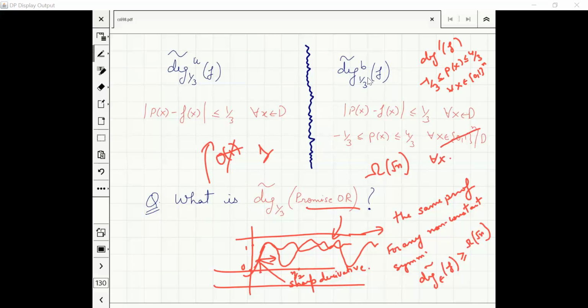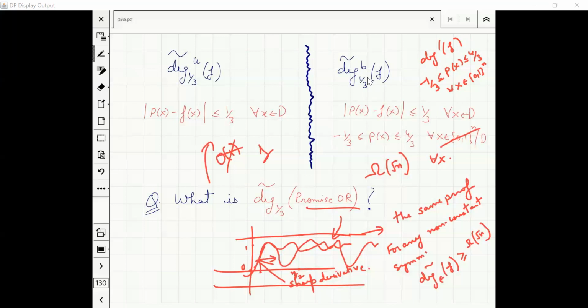This is what you are saying, right? In the second condition, I can have for all x instead of x outside the domain. Yes, that is correct. It just follows because f is Boolean, so that condition is automatic. Yes, thank you. I can simplify it and say that my p is between -1/3 and 4/3 for all x, irrespective of whether it is in the domain or not. But that doesn't change the bounded degree condition, it remains the same.